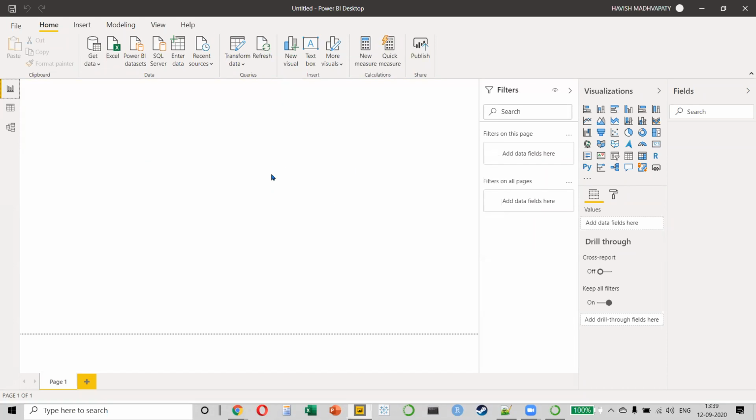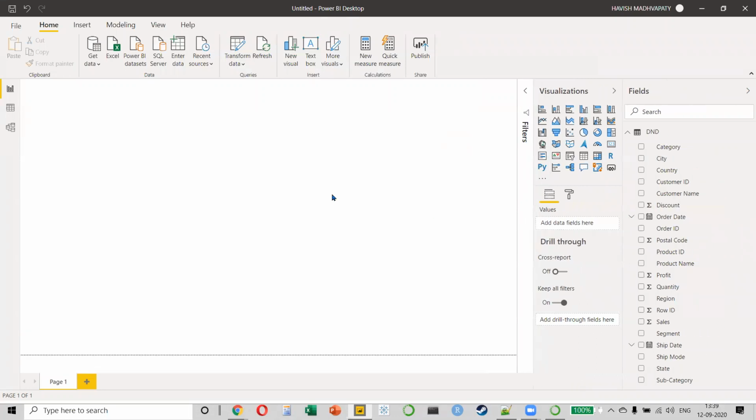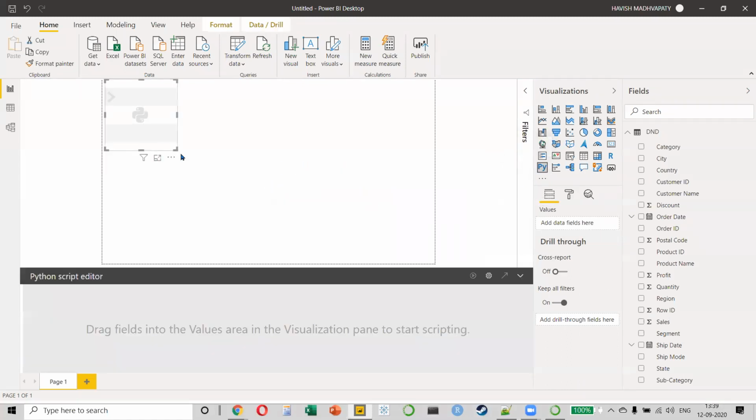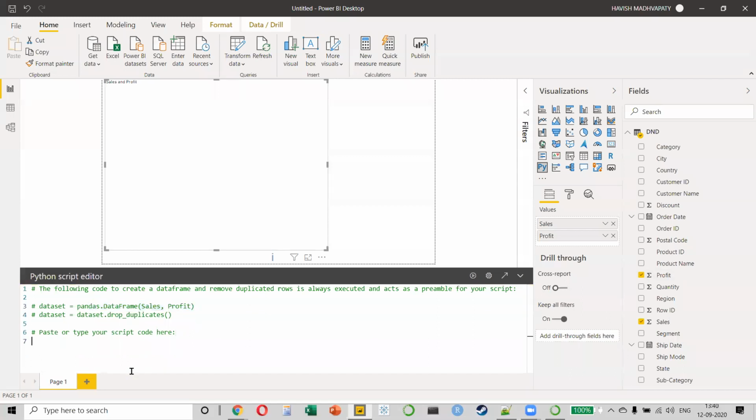So for example, when I'm working on Power BI, what I can do is, please watch, I can make a Python visual, this one, a Python visualization. And in this, I will keep my sales and my profit amount. Sales and profit, right? So this has basically become a part of my data frame, which is my Pandas data frame. And what is the code that we want to write here?